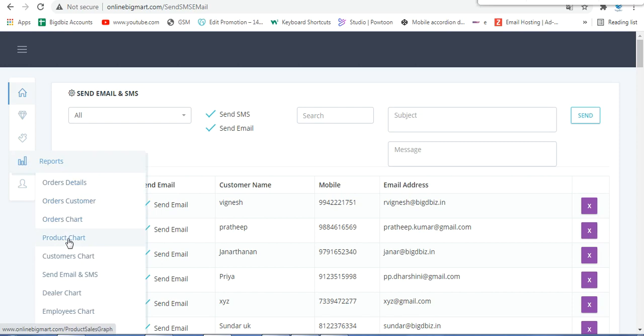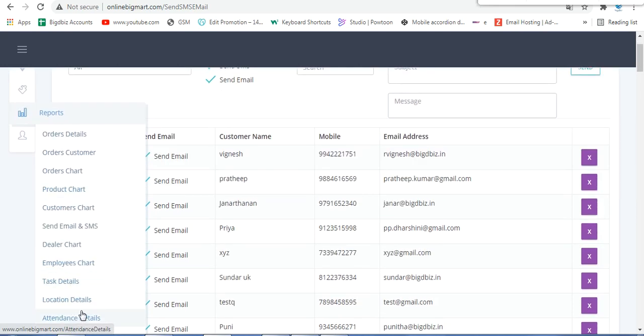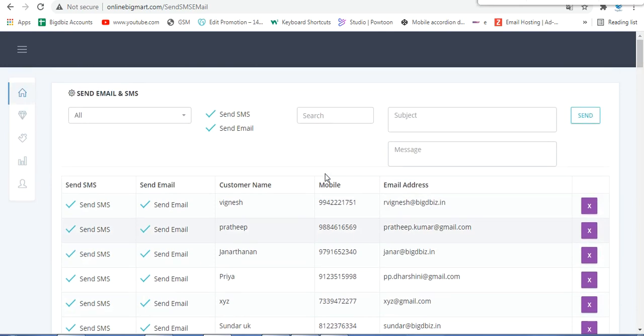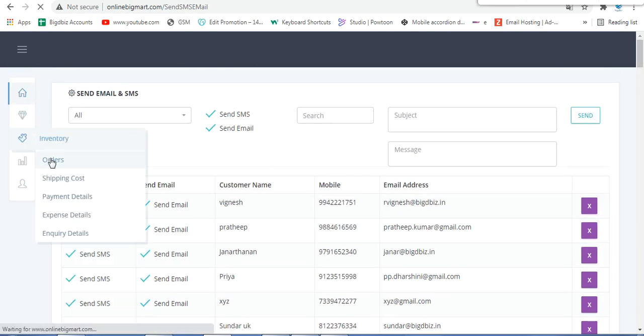The next one is the chart. You can see from here what charts are required. So all the reports have been completed. I understand that you have cleared all your queries.